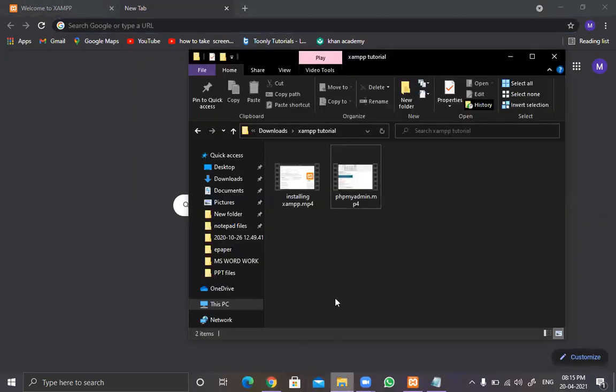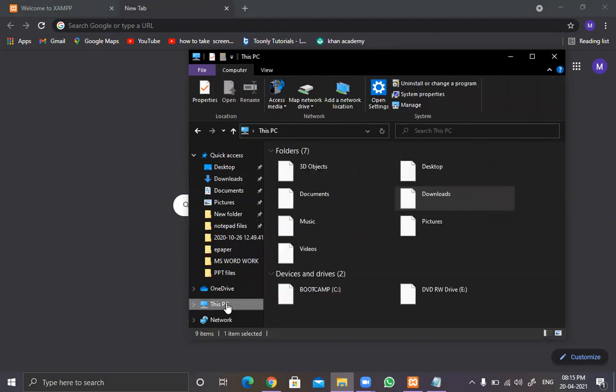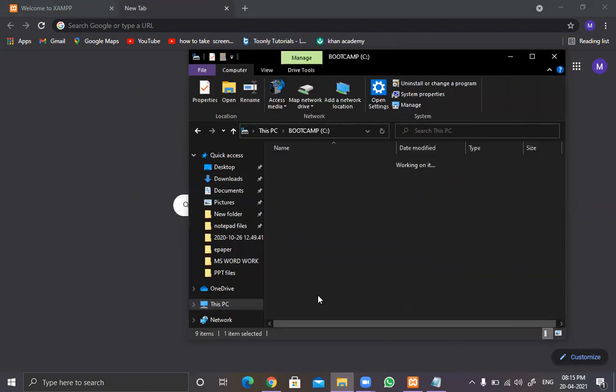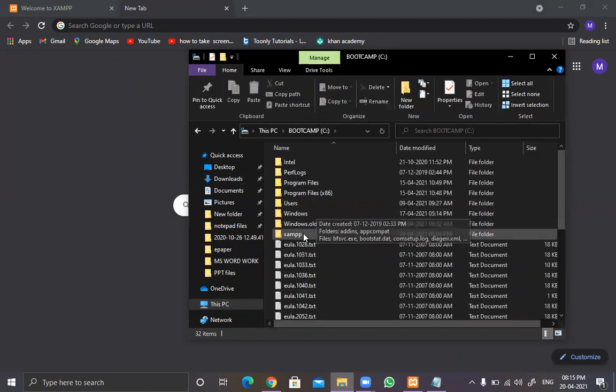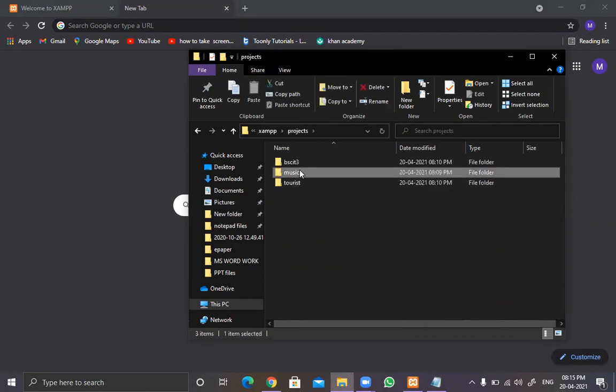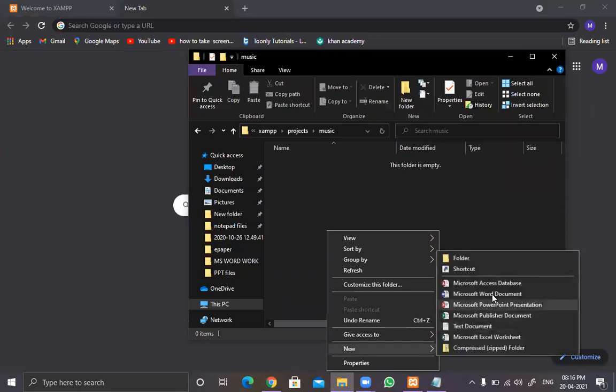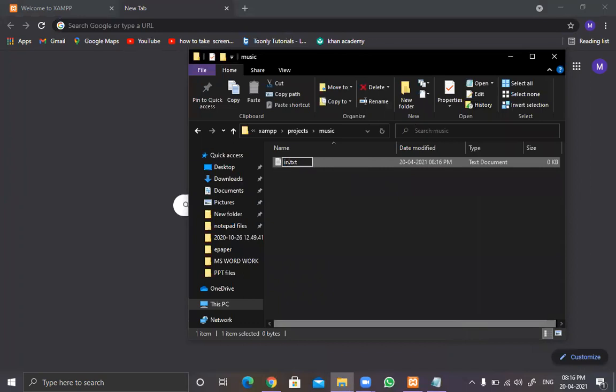So in your XAMPP folder, this PC, C drive, XAMPP projects, music, and I'm going to create a new file over here with the name index.php.